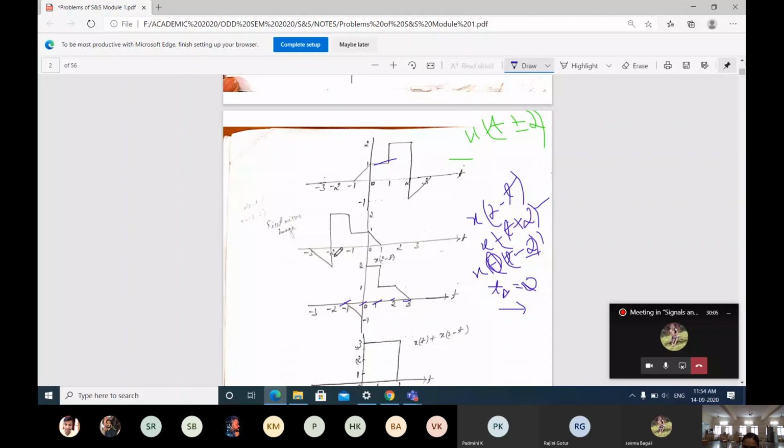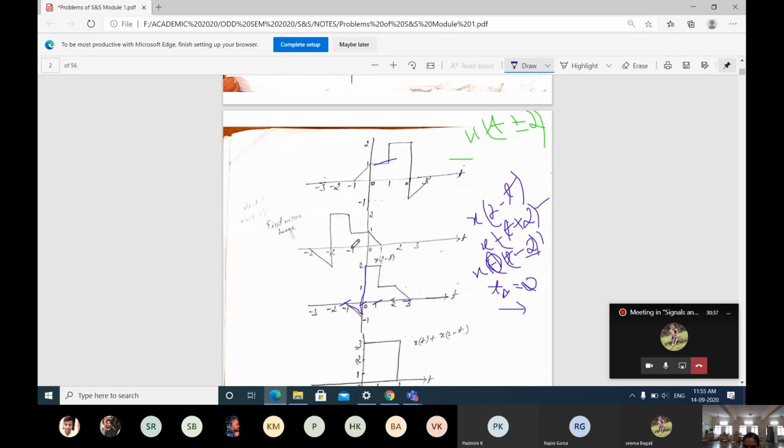So what you have to do? Just take this signal and shift 3 positions towards right and draw the signal. So here, instead of at minus 3, it will be coming at minus 1. Just minus 1. This is only one unit, right? Minus 2 plus 2 means 0. It will be coming at 0, and this signal will be here. Okay. You can draw like this.